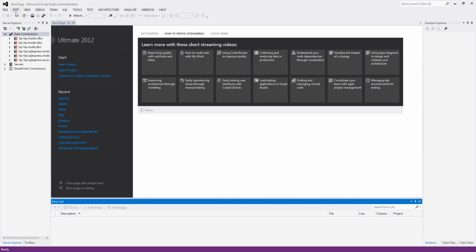Another one is Edit. In it we have undo, redo, undo last global action, redo last global action, copy if you want to copy anything, select all if you want to select every statement, and find and replace if you want to find and replace any word. Another one is go to, if you want to jump to any word, then navigate to, and bookmark.